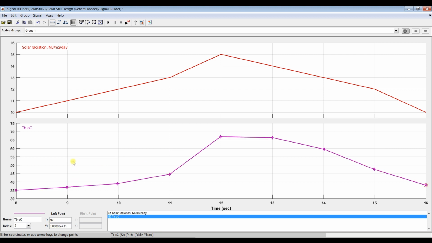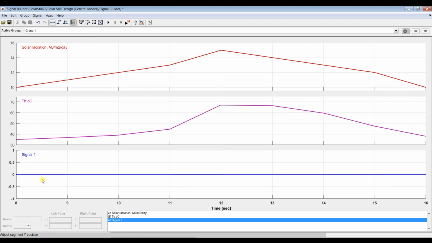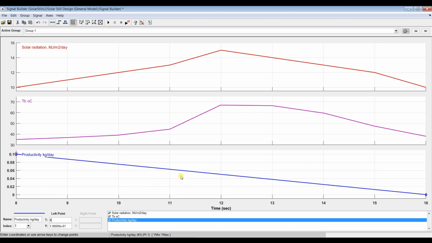And we can add another signal. Let's add another signal for productivity. I will name this productivity, in kilogram per day. For productivity, at 8 o'clock in the morning, suppose it's 0.1. And then at